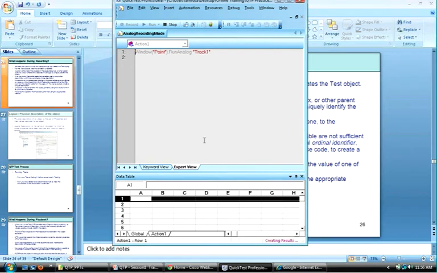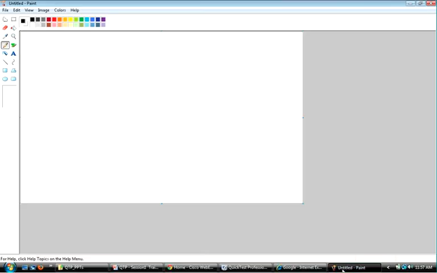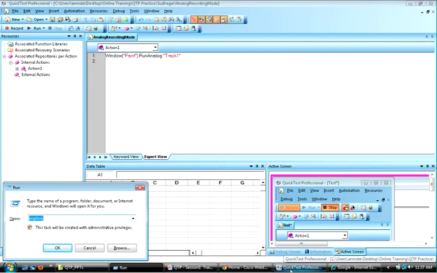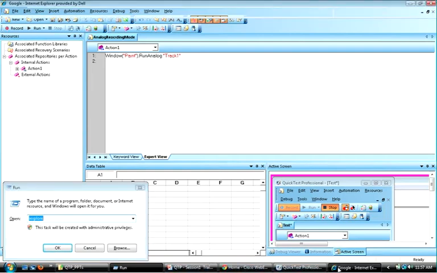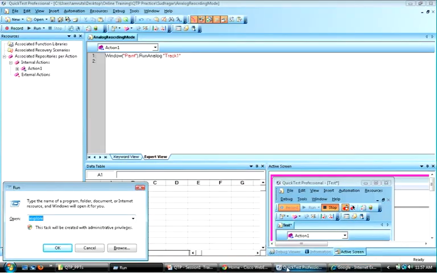Now that is about recording the mouse movement. Now we will see the low level recording mode. I'll open an application. I'll take a new test for a low level recording. What I will do, I will minimize